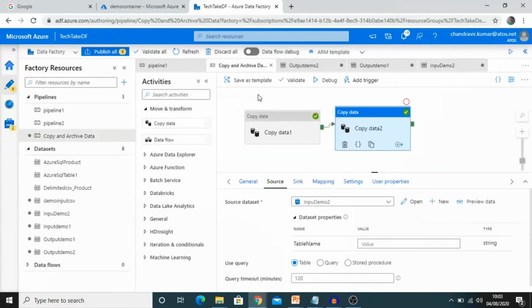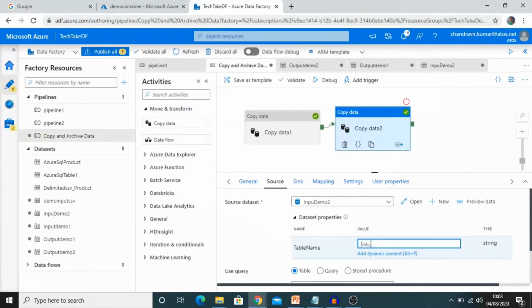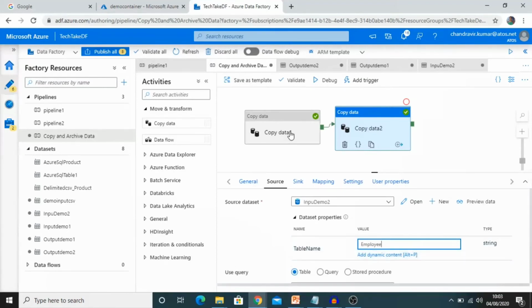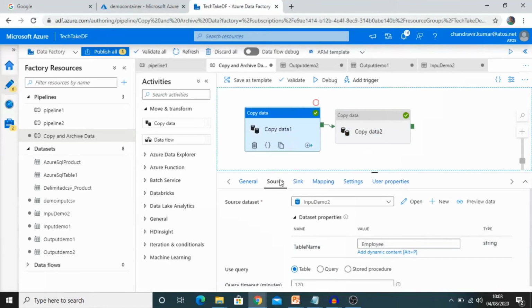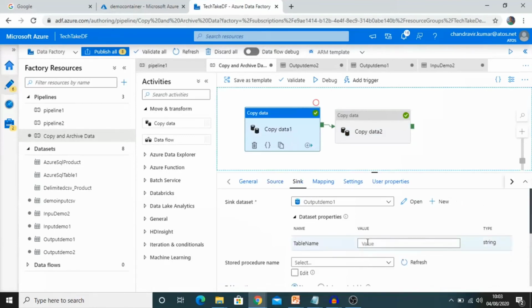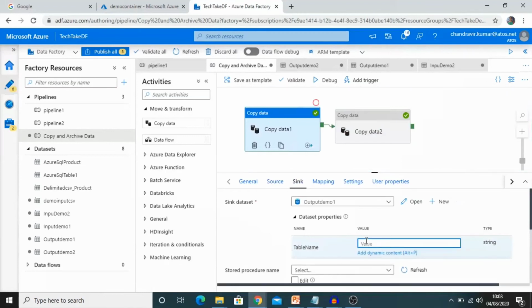To run this pipeline, we now need to put values here for both of those table name parameters. For the second, our table name is employee, the same as we used previously, because we are using this parameter as a dataset parameter. In the next run we will pass the same table name for both from the pipeline.